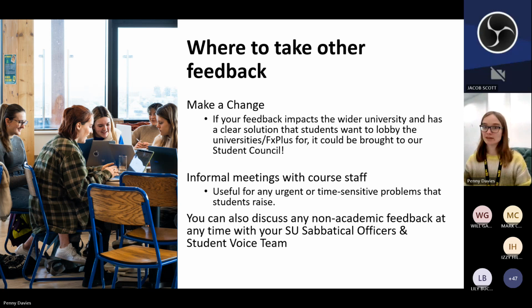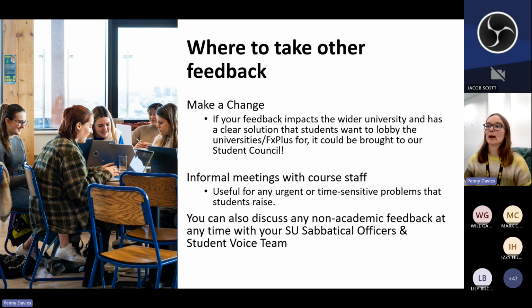The motion that you suggest, my internet dropped out, that's great. The motion that you suggest is going to be brought to student council. And student council is made up of part-time officers who are like you guys. They're volunteer representatives. They've been voted in by students across Falmouth University and the University of Exeter because they represent all of those students. And they're there to vote on SU policy and union policy, run campaigns on wider university issues. They're there to help the union make sure we're representing your best interests as students. And we're campaigning for things that you guys, students, care about, and not just any old stuff that you're not actually interested in. So that explains Make a Change.